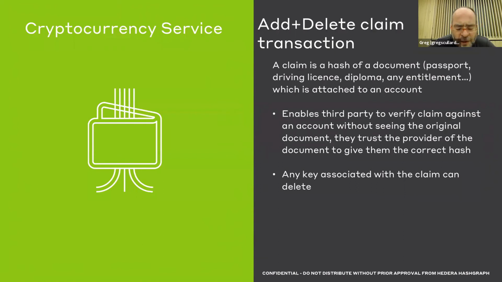What you can do with a claim is you could get the university that issued you the particular diploma to get a hash of that diploma, store it on your account through an add claim transaction. And then they could transfer the hash of that diploma to the third party that's interested in knowing that you